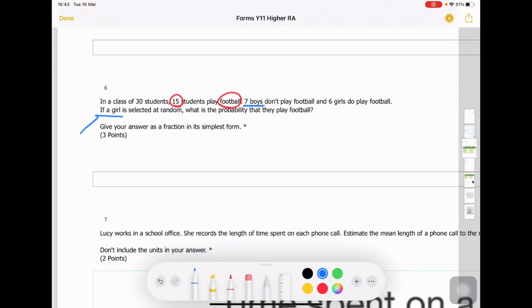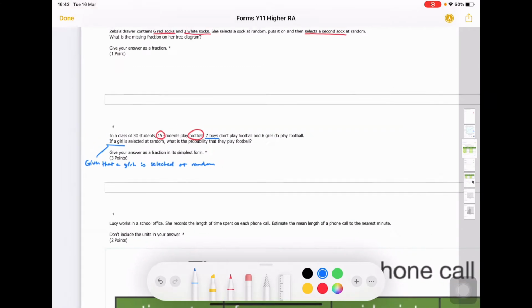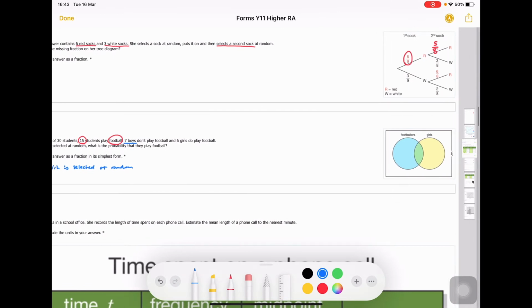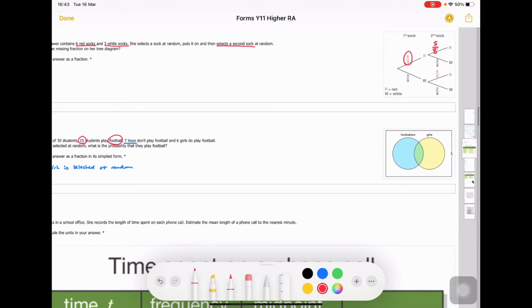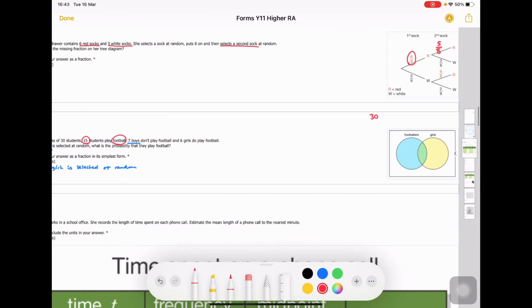So I'm going to write here, given that a girl is selected at random. I think the easiest thing to do here is fill out the Venn diagram. So 30 students in total, so I'll write here 30. 15 students play football. So we know that